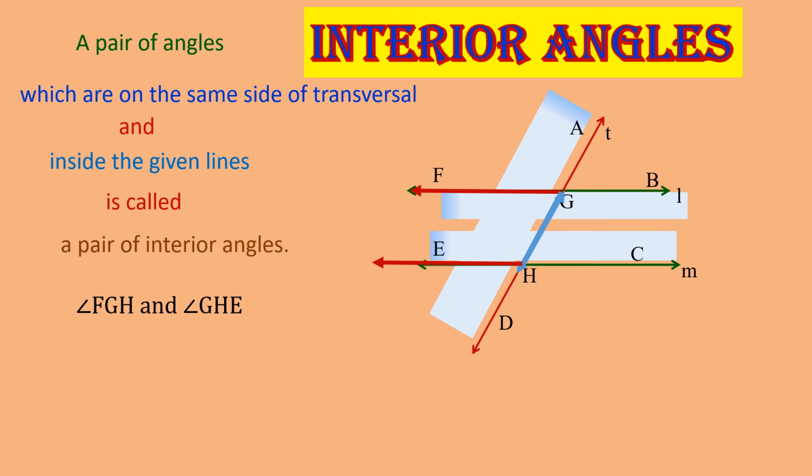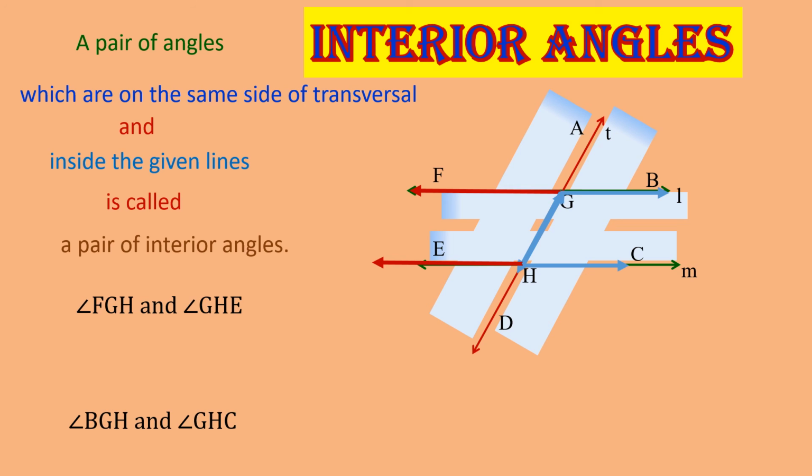Clear? So let us see the other part. One more rectangle is drawn on the right side of the transversal which has a common area with the rectangle drawn between L and M, and those two can be shown with the gray color angle, see here, and the two angles together form a U alphabet again. So the angles formed, that is angle BGH and angle GHC, which form a U shape, are known as interior angles.